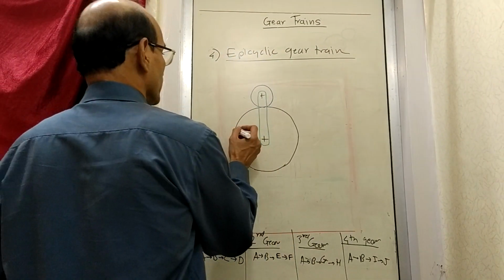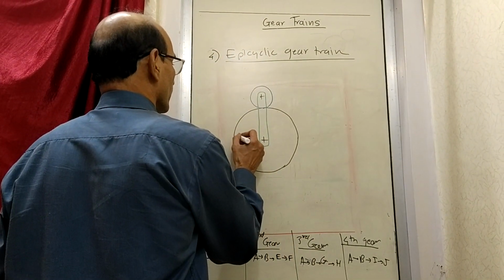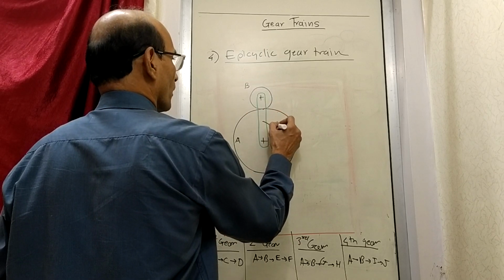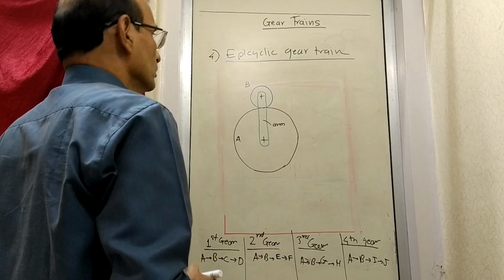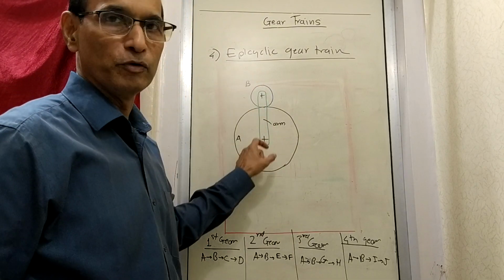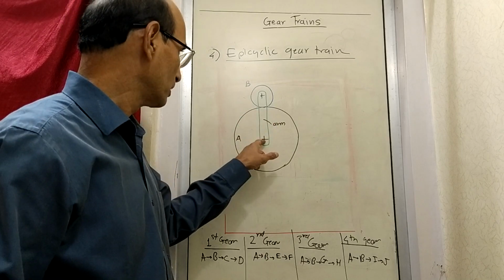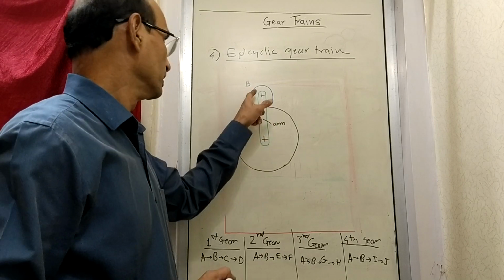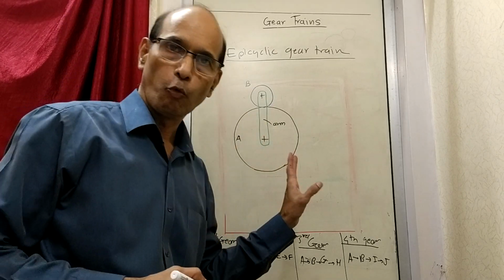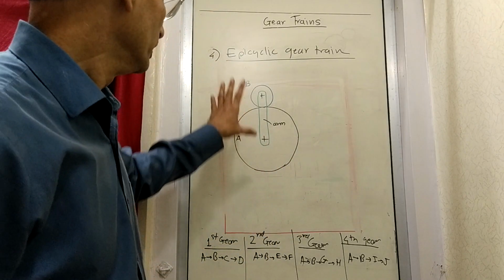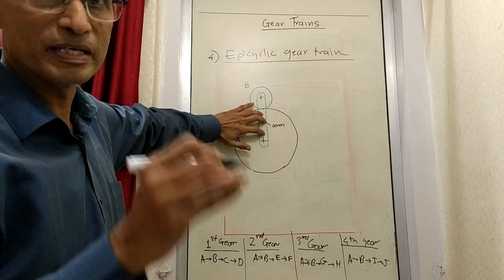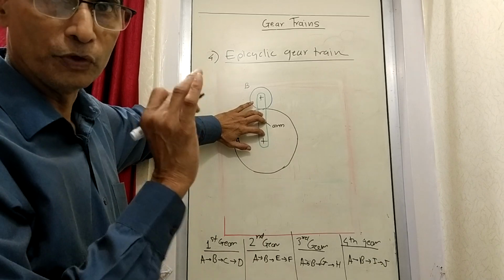So you can see that there is gear A, there is gear B here, and this is the arm. Gear A is fixed on this one plate. On that plate, gear A is fixed, gear B is fixed, and there is an arm here. Now, what is also to be shown is, in this example, suppose I fix this arm. That means the arm is fixed, it is not allowed to move here and there.